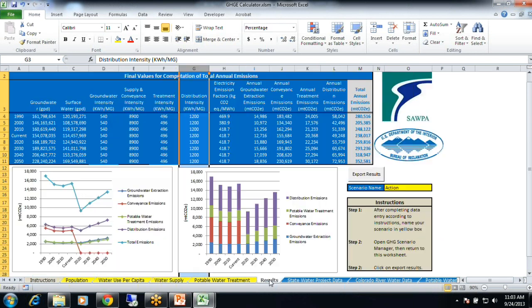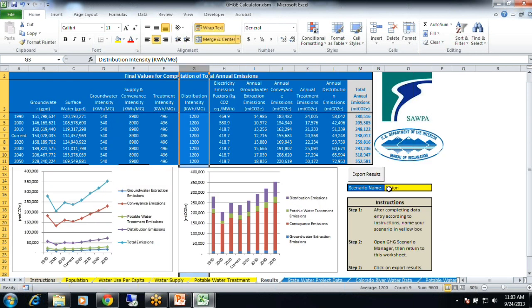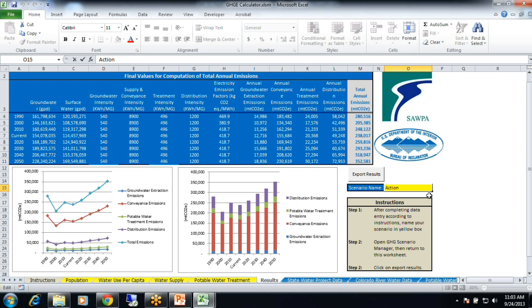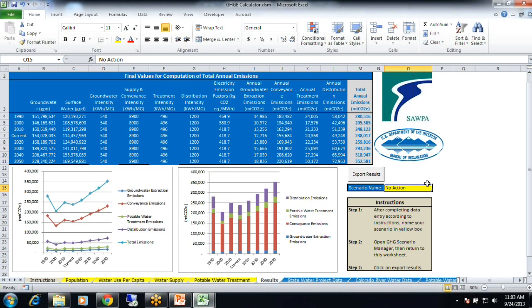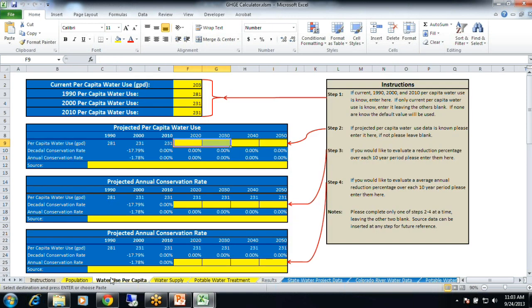Okay, so you can see that this gives us our no action scenario. Then to go in and change, to see what the effect is for the greenhouse gas emissions, if it's what they expect, it will reduce per capita water use by 10% across the board.